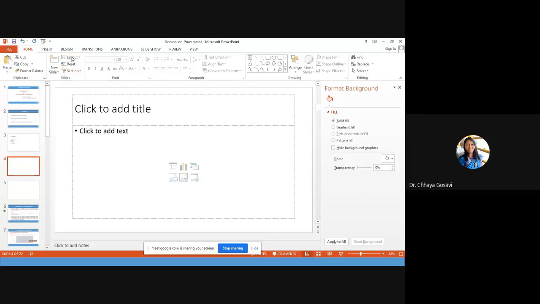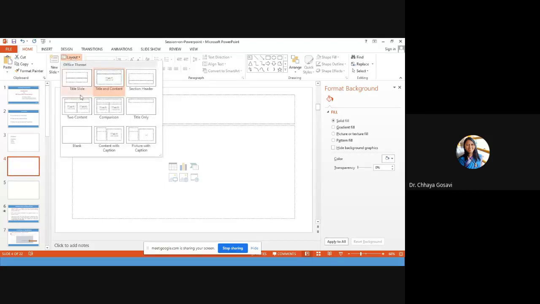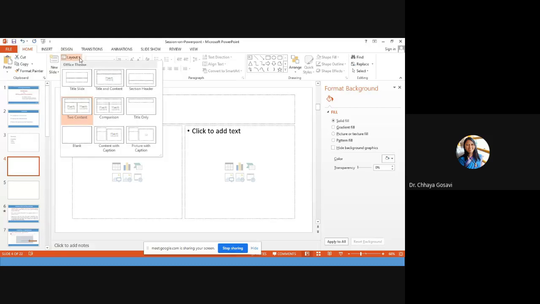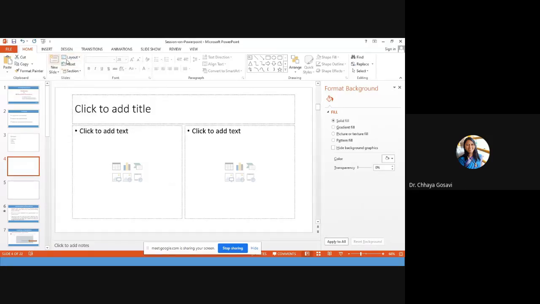Suppose for this slide I want the layout as two content layout, meaning two columns. In one column I can add a graph or image, and in another column I can explain it with text. There are many layout options given: two content, then comparison layout, then only title or blank. So you can choose any one as per your choice. Then next is reset, to get back to the original